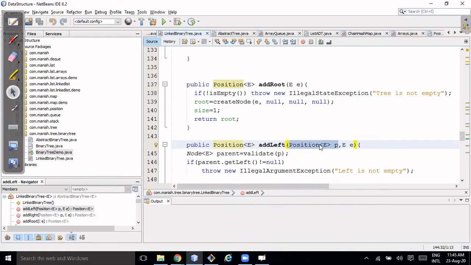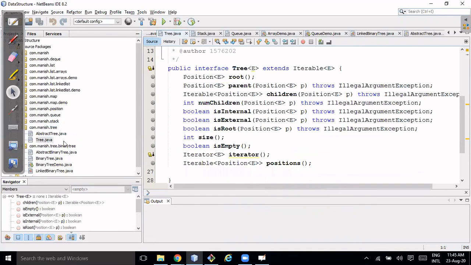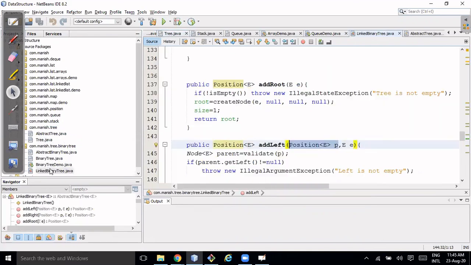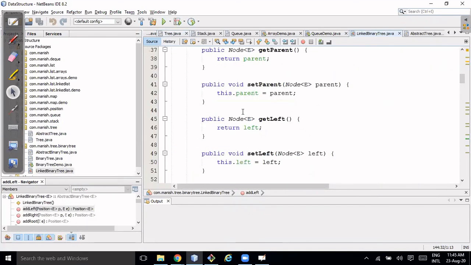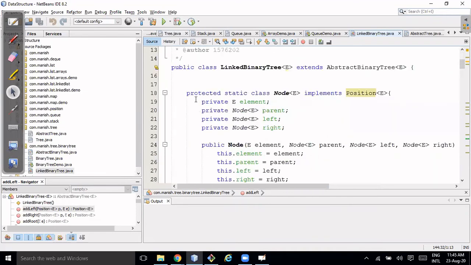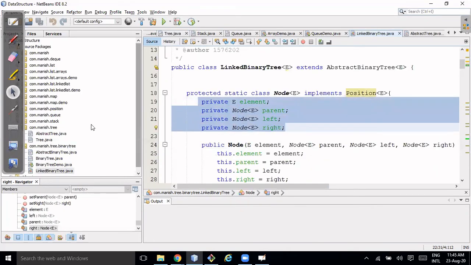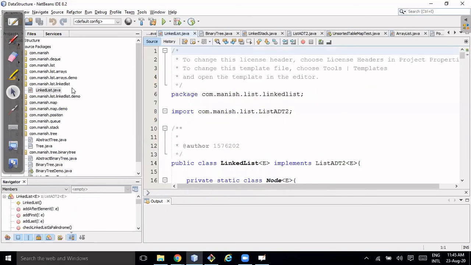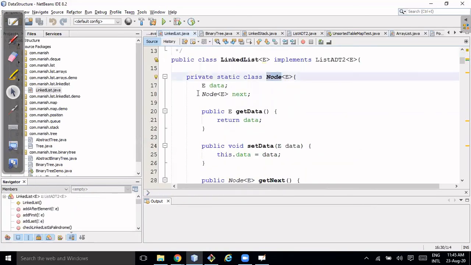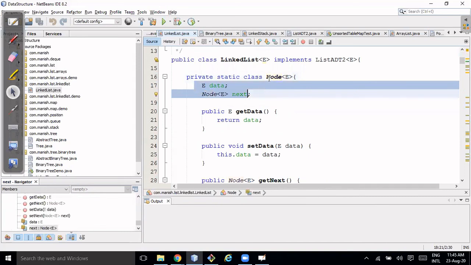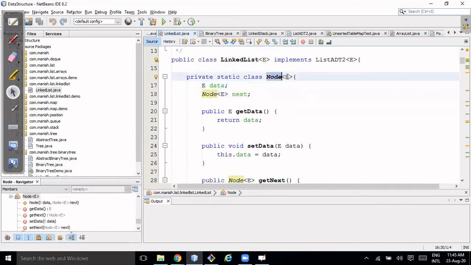Here, in this linked binary tree, the node structure is different. It has 4 variables, but in the linked list, the node has 2 elements. Both nodes are positions.